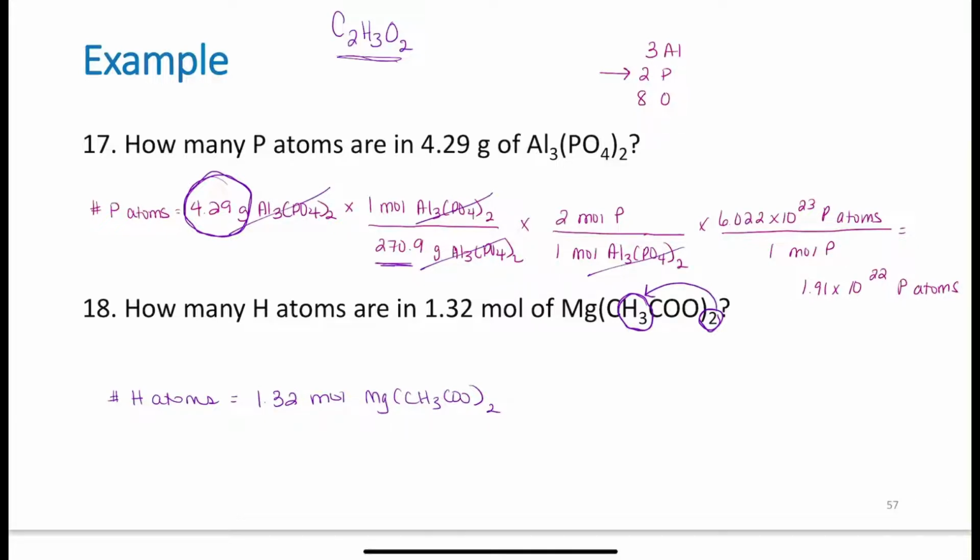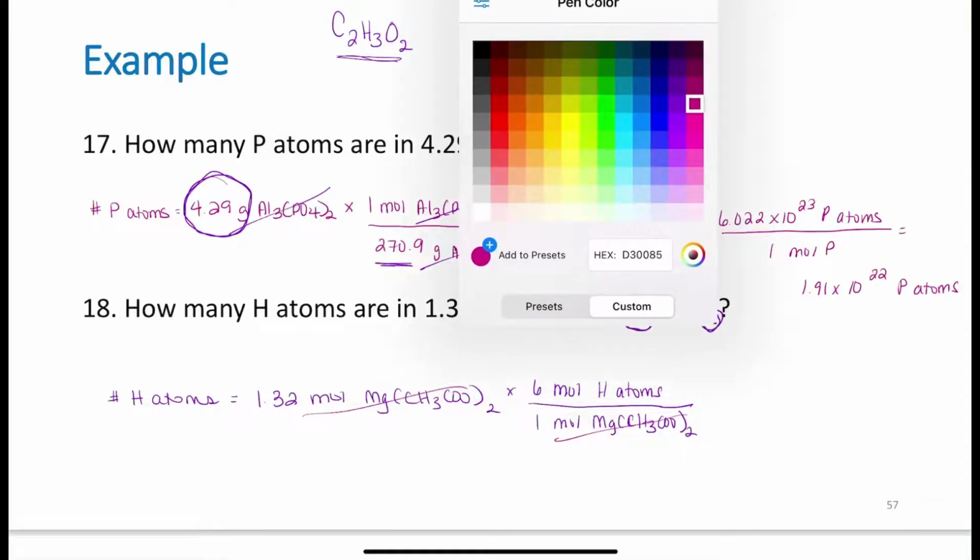So I have to apply that 2 to this. What does that mean? That means I have 6 moles of hydrogen atoms for every 1 mole of magnesium acetate. This gets rid of my moles of magnesium acetate and gives me moles of